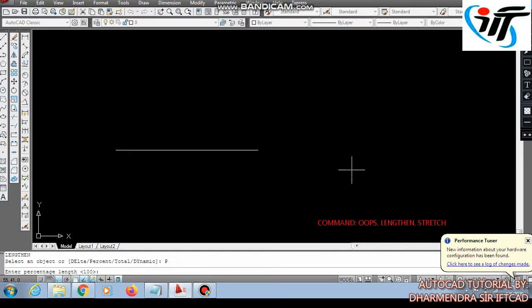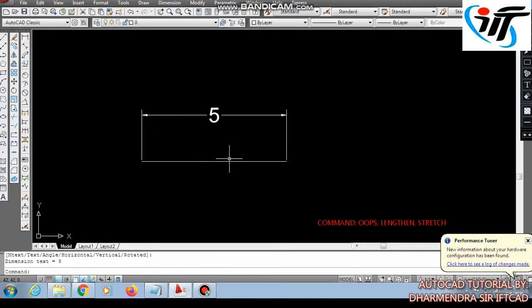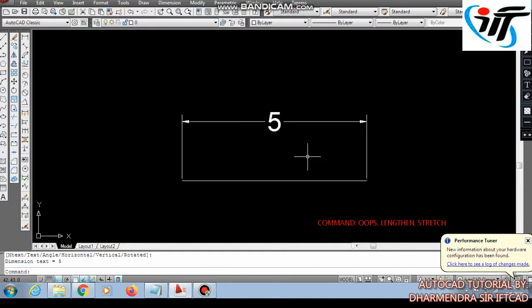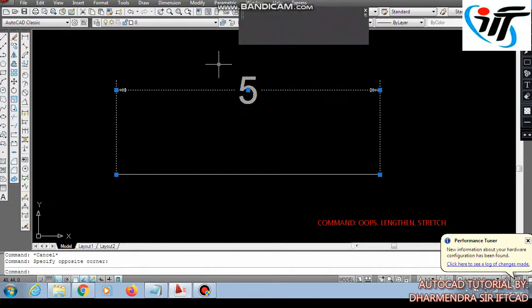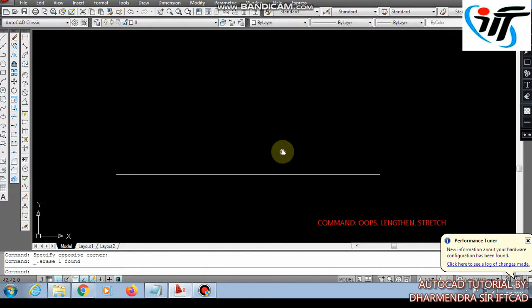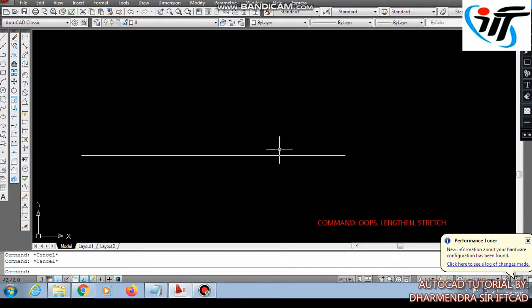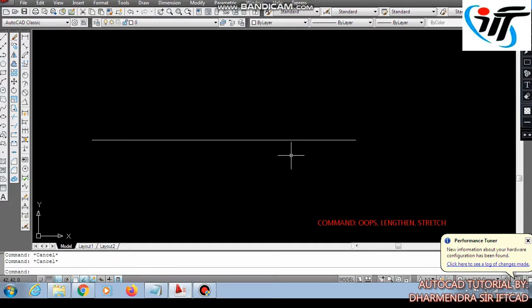Then enter, I am giving here 50 unit, that is 50% of the total length, and selecting the object, it will become 5 mm of length after measurement. This way I have used 50% of the total length. That means it has already deleted half of the length.